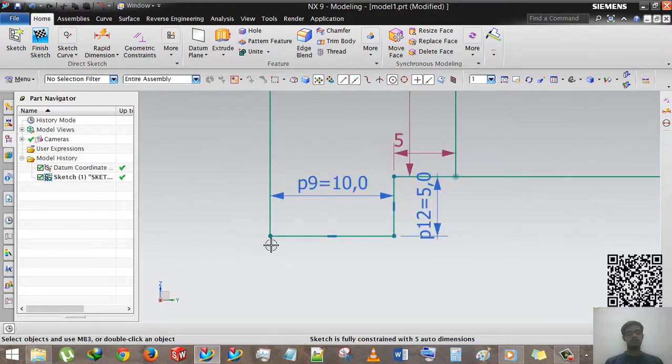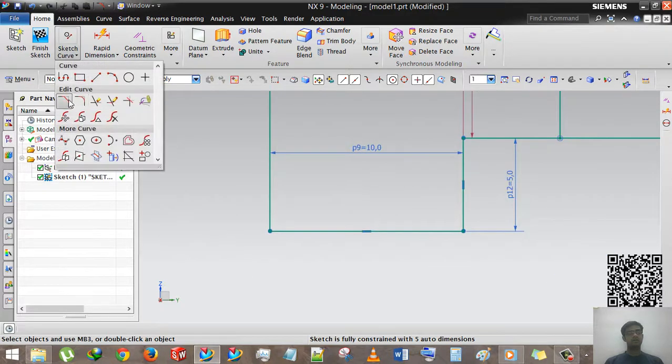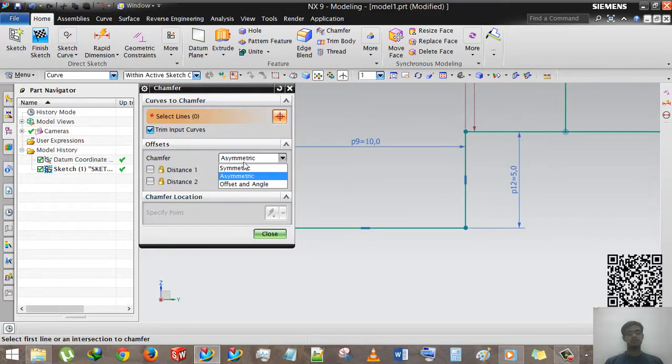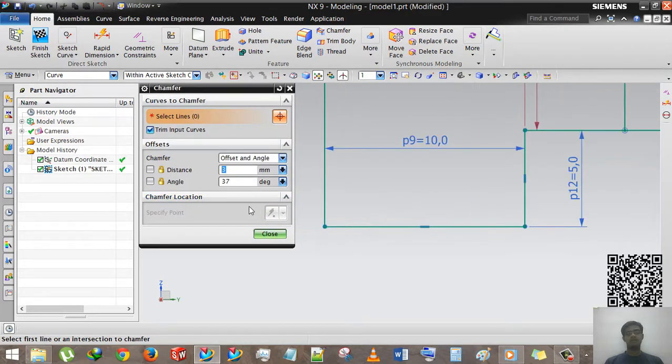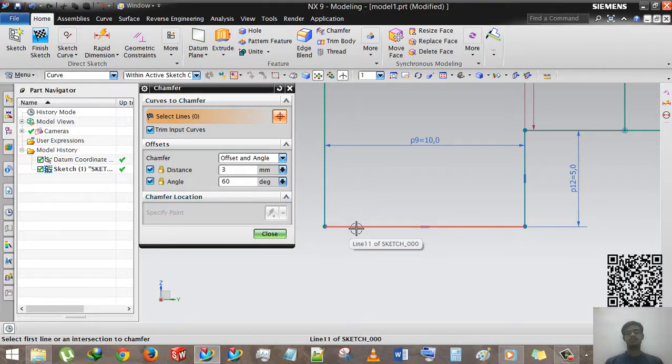Now the third option, offset and angle. I am selecting an offset distance of 3 and an angle of 60 degrees. What we have to do is select the first line, from where it will make the angle and the offset, and then the second line.